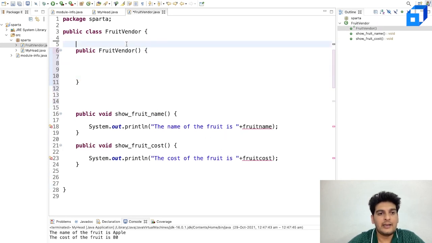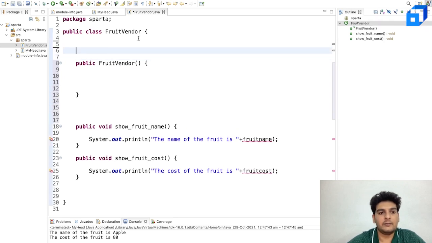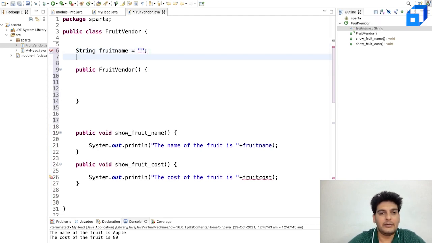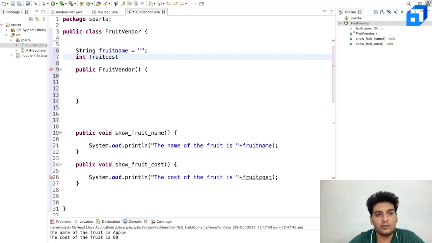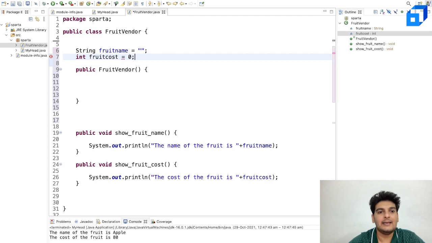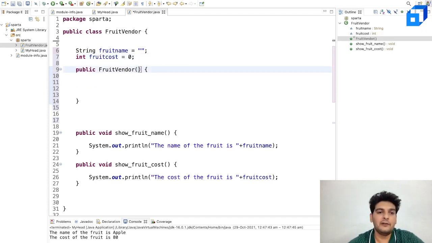Here I will have those two as well. Let me have string fruit name, initially I'll just keep it blank, and then I would want fruit cost, and initially I'll set this to be equal to 0. And here let me give a couple of parameters. The first parameter would be string fn and I'll have int fc.